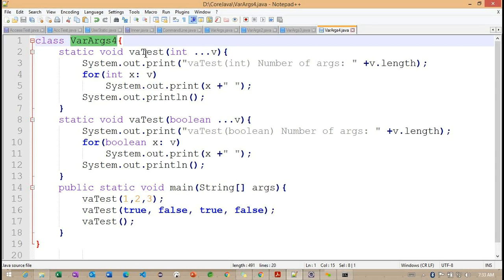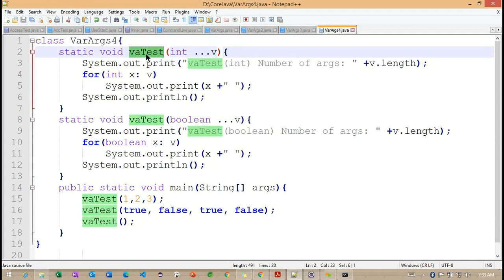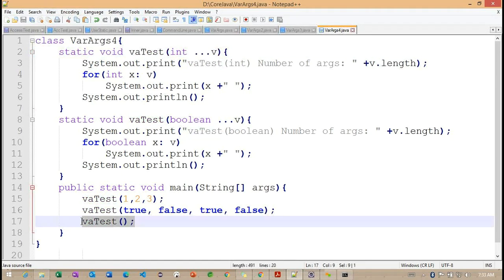So just think about this example. We defined two methods here. Whichever of them is called, which VaTest method is going to be called?